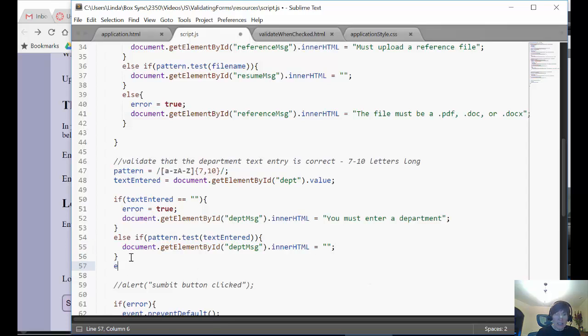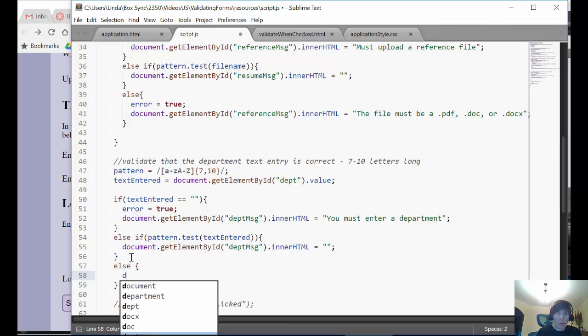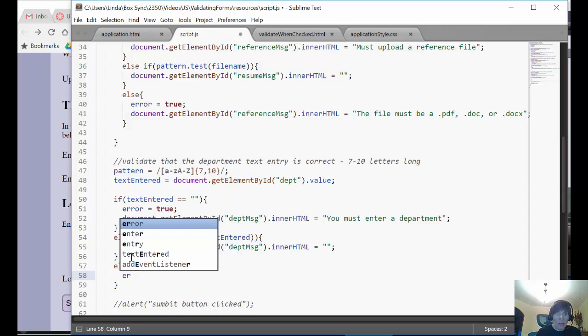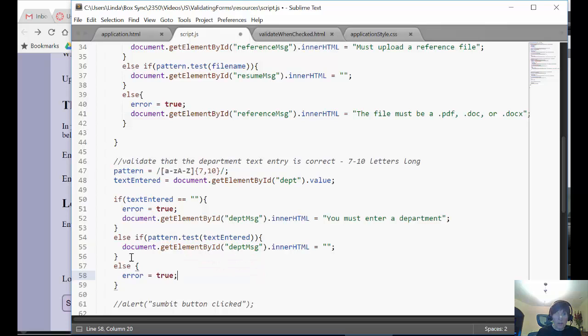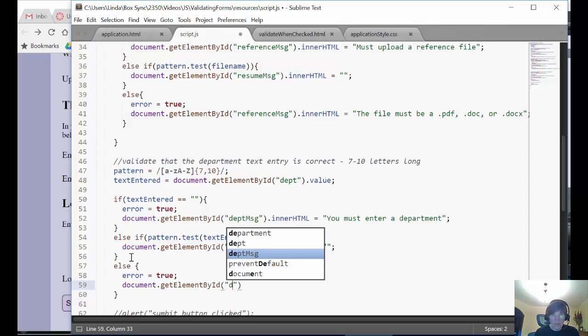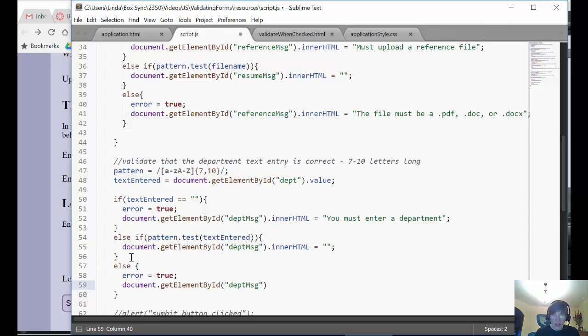Now our last case is if the pattern is not found, right? Then it is a problem, and we want to set error equal to true to identify this is an error. Remember that we're using that true value, not a string, so don't put it in quotes. It's a keyword. Okay, document.getElement. We use this a ton, right? And again, we want to get that department message and set the inner HTML of it to be equal to,